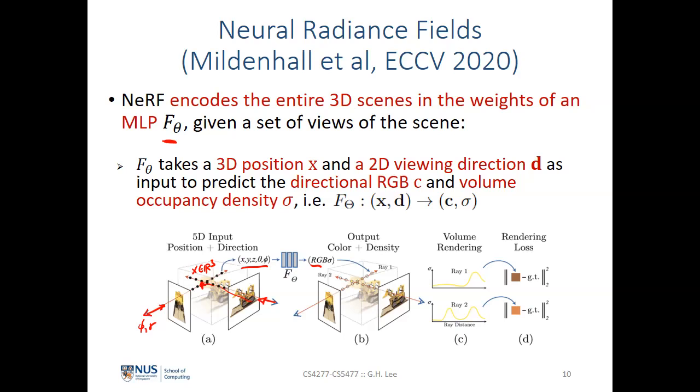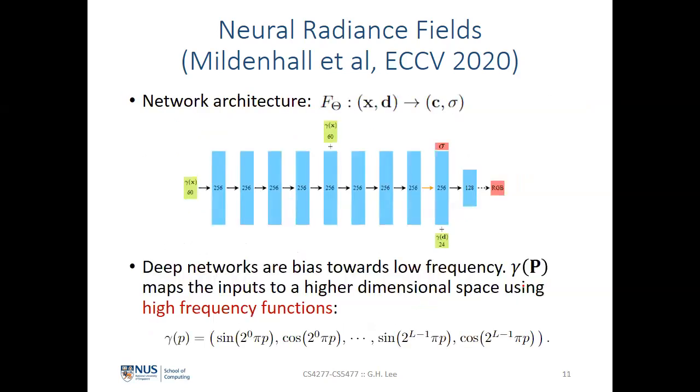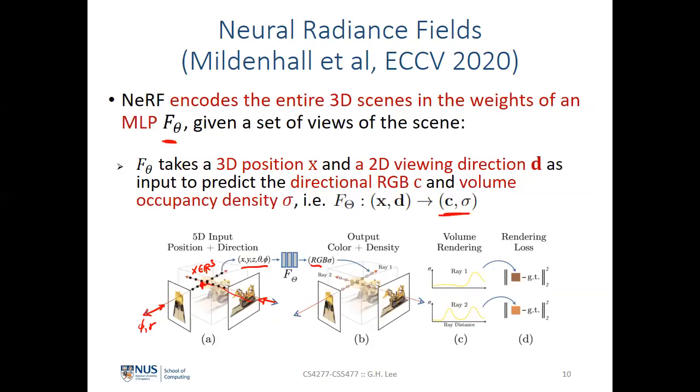I can do a self-supervision, because I can render this color back onto the image. And I'll talk about the rendering equation later, because this C here, the color, is actually specific